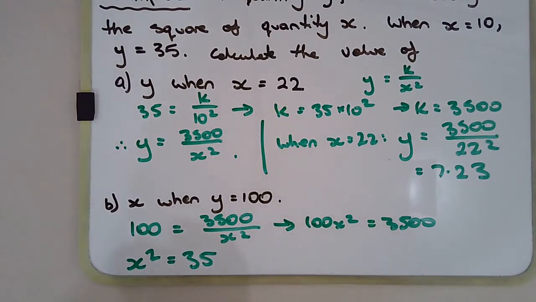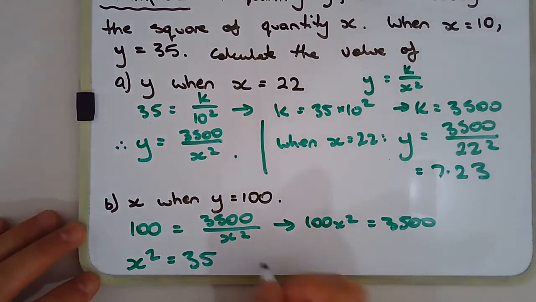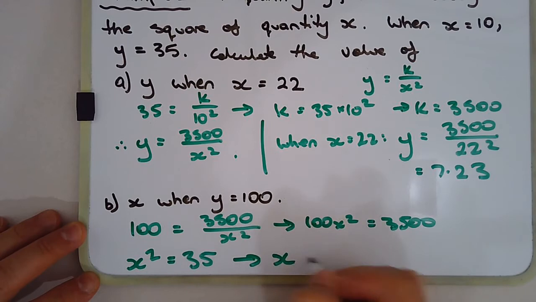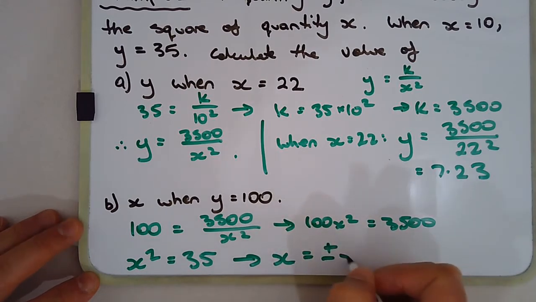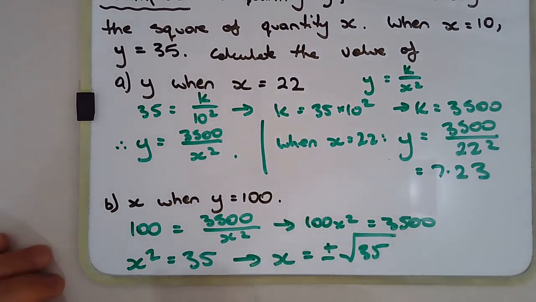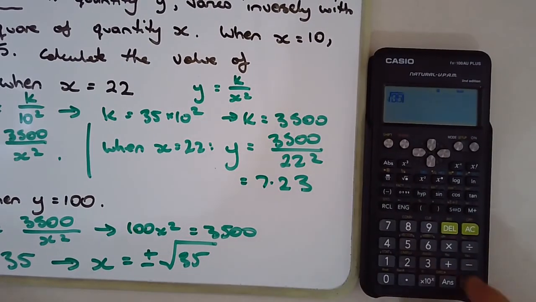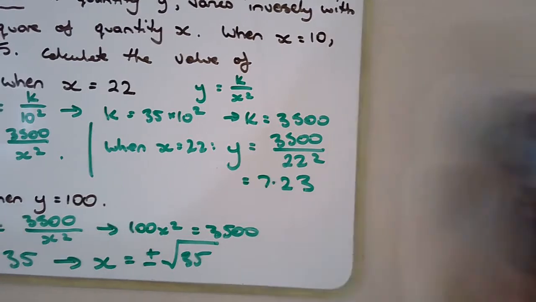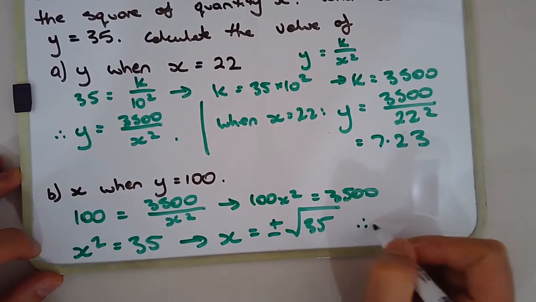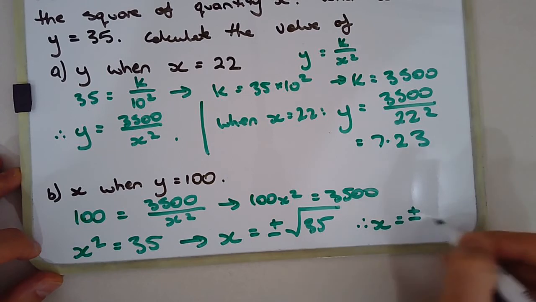Now, we don't know whether x is positive or negative, so I'm going to quote both answers. It's not a distance. We don't know what x is. So x could be positive, x could be negative, and it doesn't really matter at this point. So x is equal to plus or minus the square root of 35, and we get x is equal to plus or minus